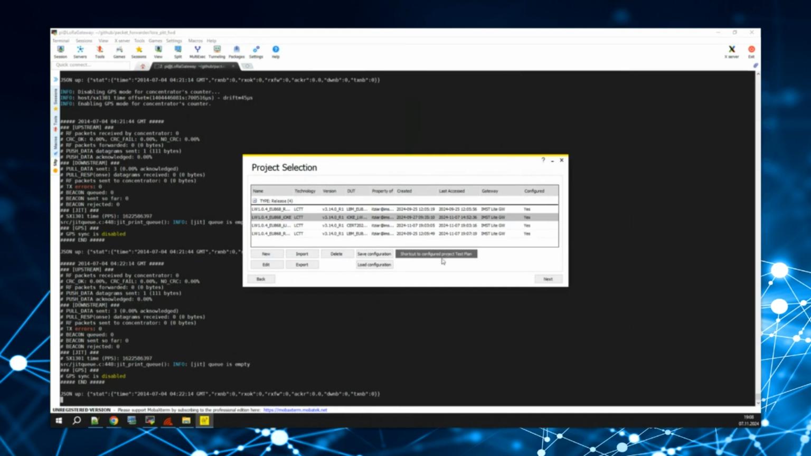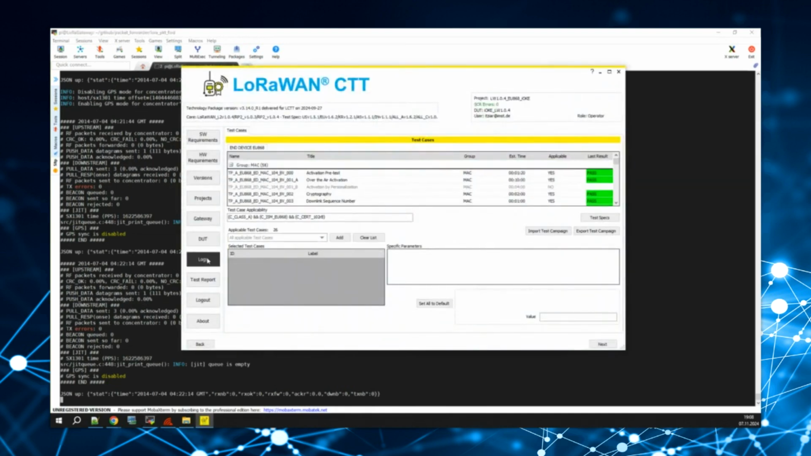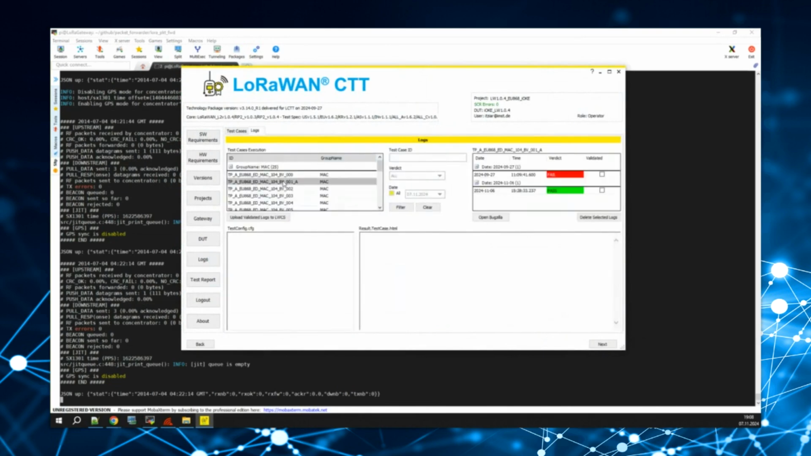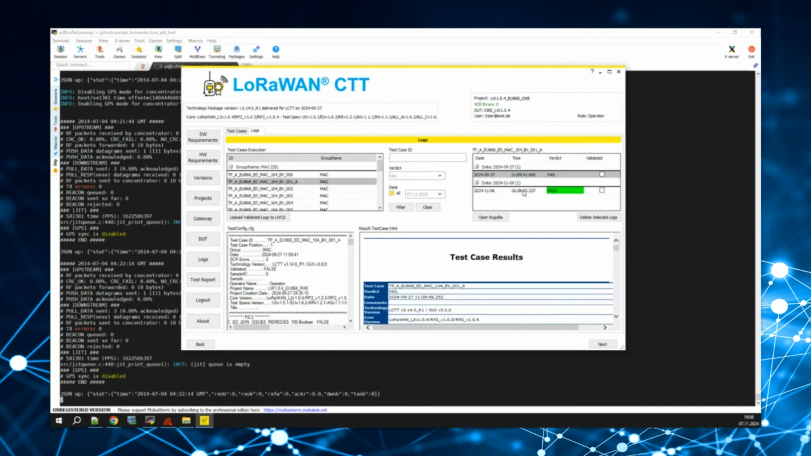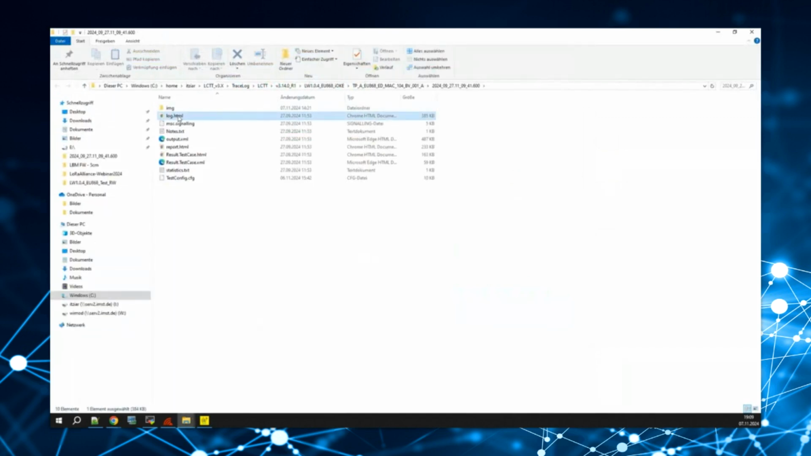So apart from this, you could also go to any project. And if you go here to the log tabs, you could find different logs from different dates. So all the logs will be stored in a window. And here you can see if the log passed or failed. And for more information, you can just double click here and you can see